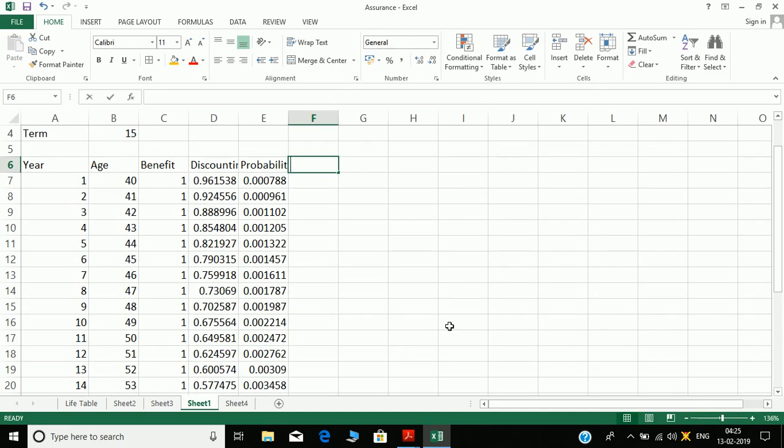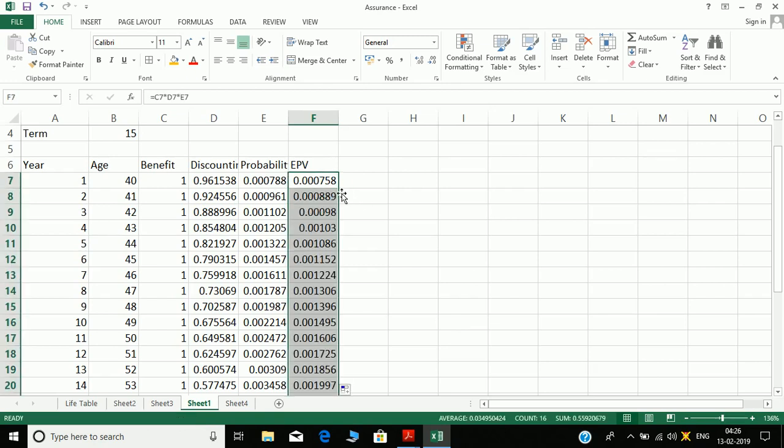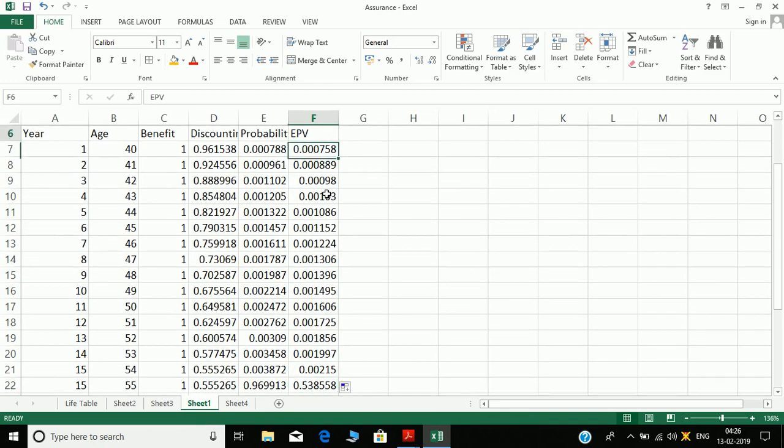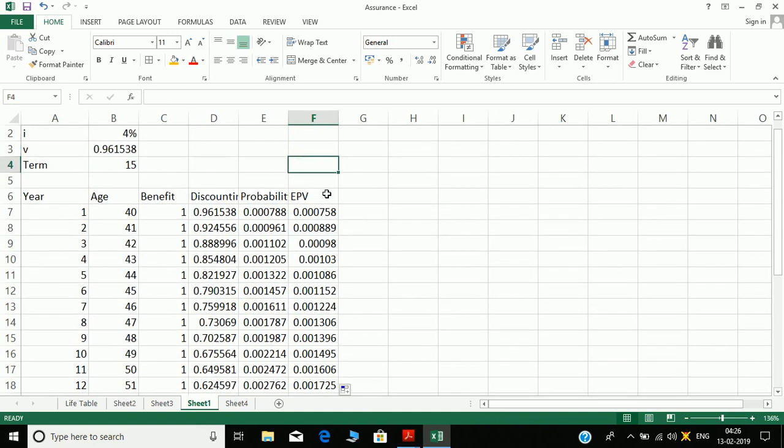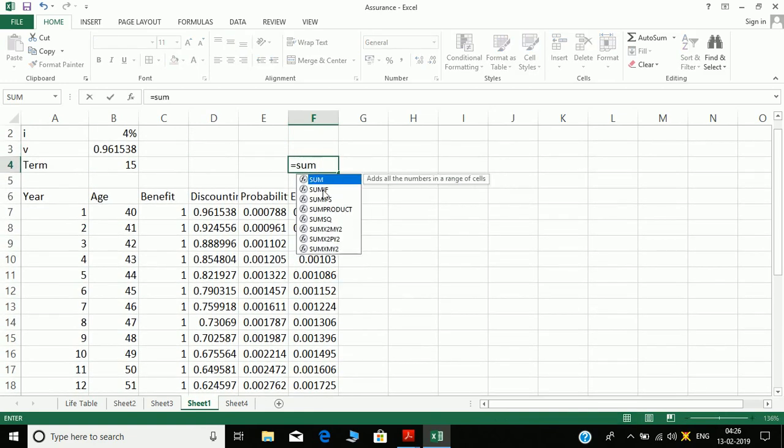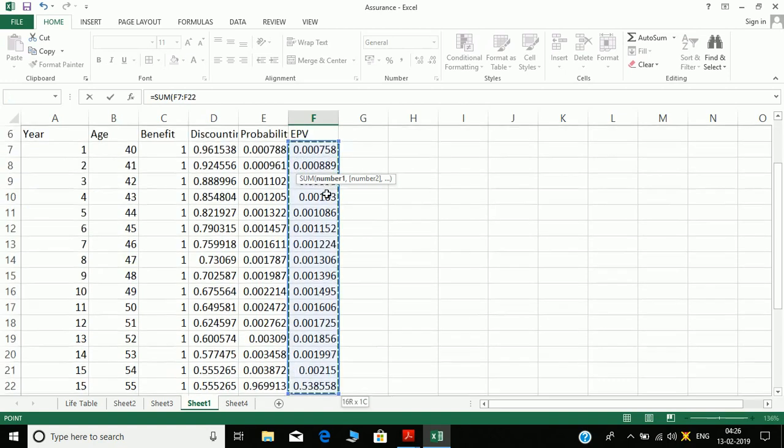And then I have the benefit EPV. So EPV is equal to benefit times discounting factor times probability. Okay, and then just dragging it down and getting the sum of these.